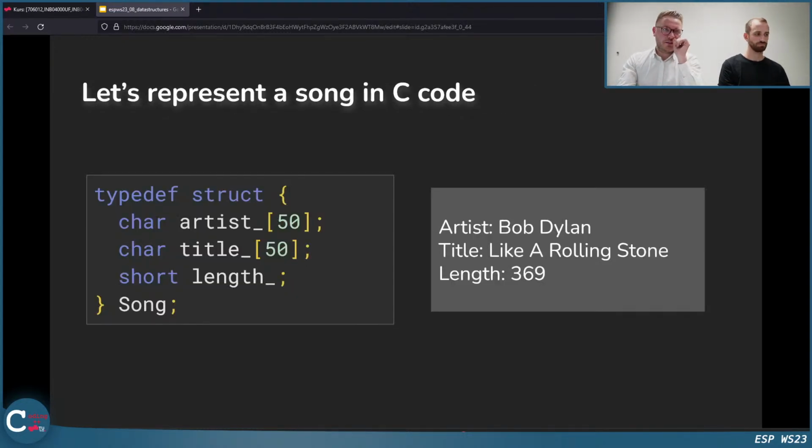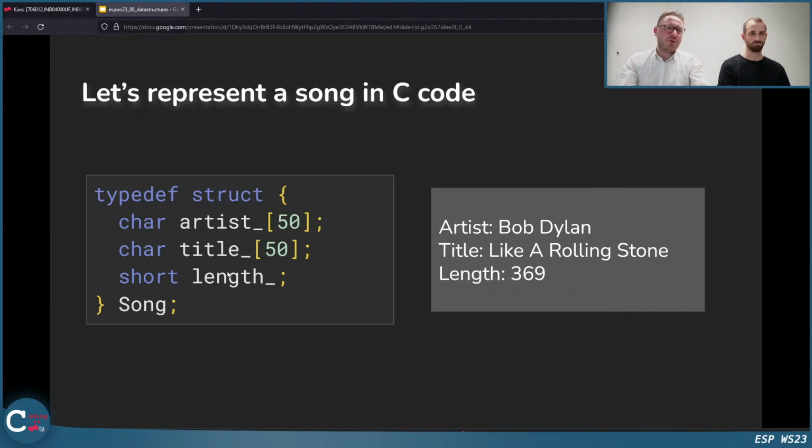Cool. How could this look in C code? I think all of us agree that if we're creating a struct, which we call song, like here, we have these 3 attributes, artist, title, length.